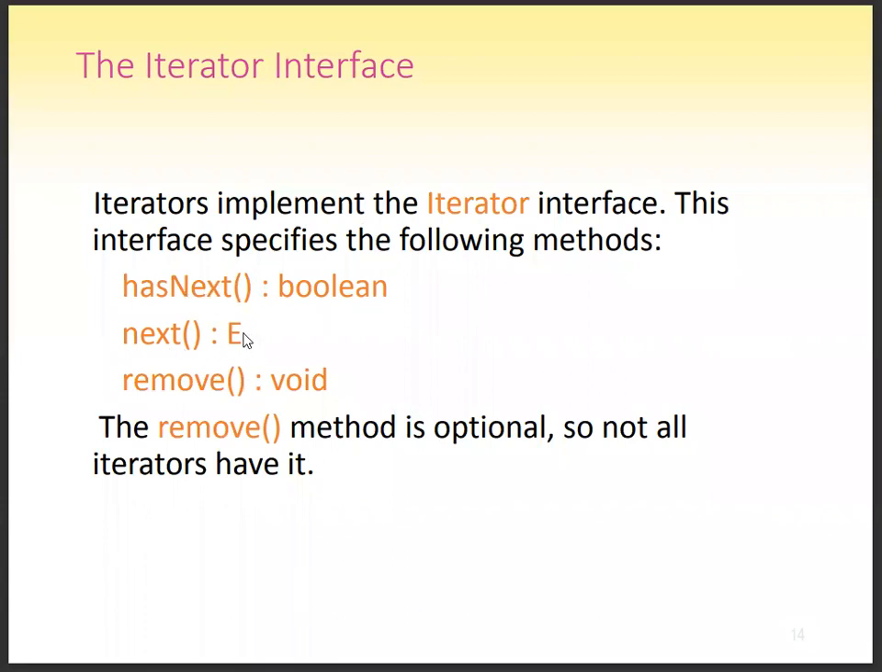If the next element is available, then to move towards the next element, we use next. If you want to remove the last element which was added, then we use the remove method. The remove is optional, so not all iterators have the remove method, but in most of the iterators we have the hasNext and next methods. Okay,